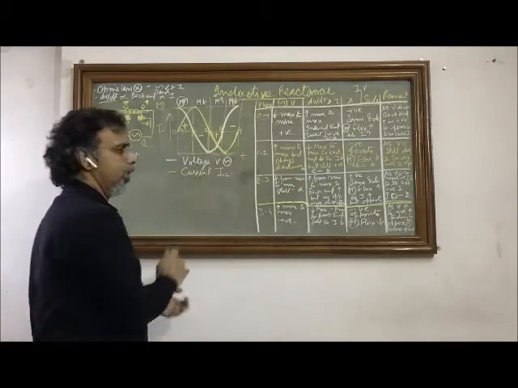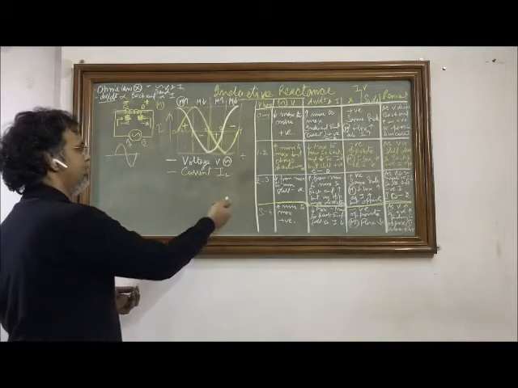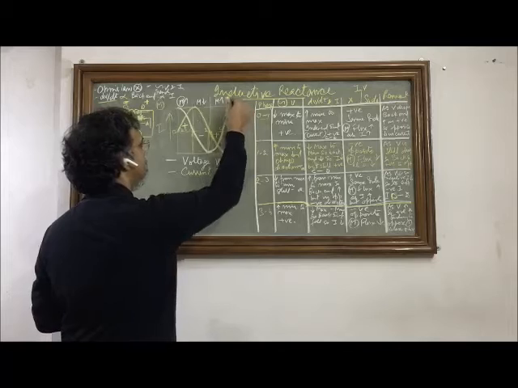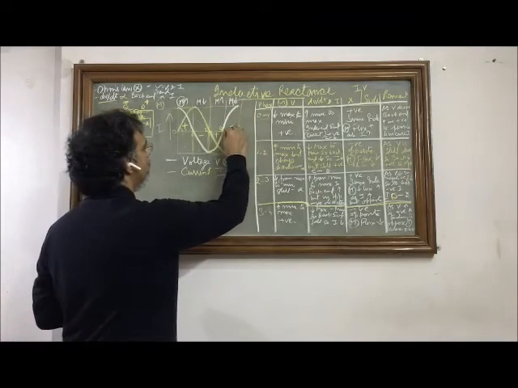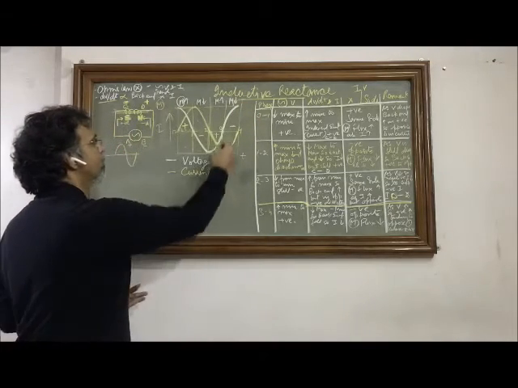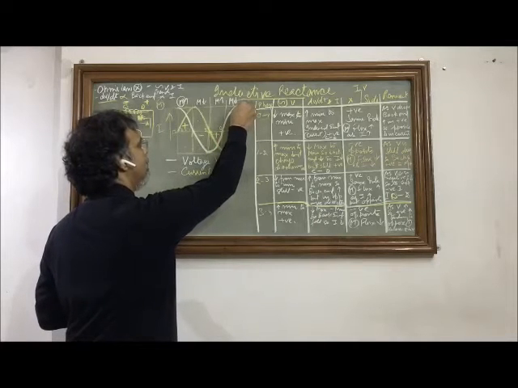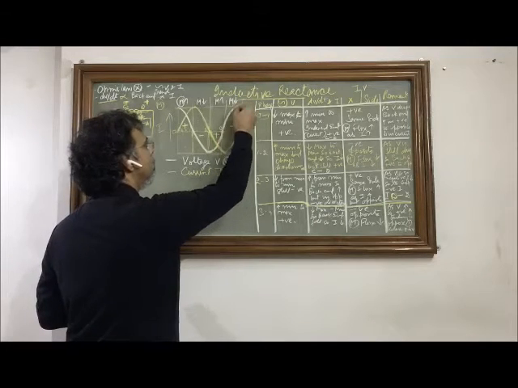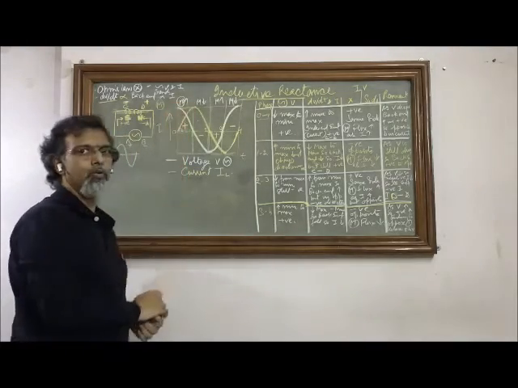Now we are at the end of the last quarter, the fourth quarter of the cycle or the sinusoid. Let us see again what is happening to the voltage in this quarter. So we can see that the voltage is increasing from 0 to a positive value, that is the maximum value. So the source voltage is increasing, it is in the last quarter of its sinusoid, and it is increasing from 0 to the maximum of the positive value from where we started the sinusoid.